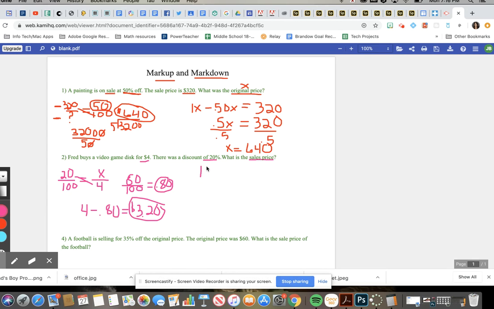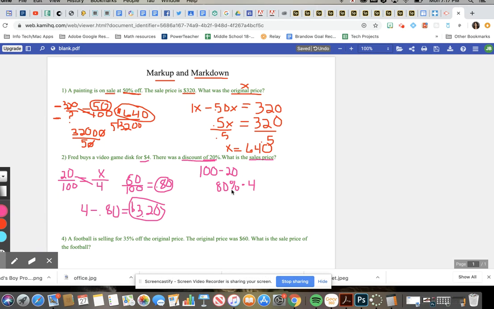So if I had 100% minus the 20%, that's going to leave me with 80%. The whole is always going to be 100% minus, because it's a discount, so I have to subtract that 20%, leaves me with 80%. And to change this, I can't take my 80% times that $4